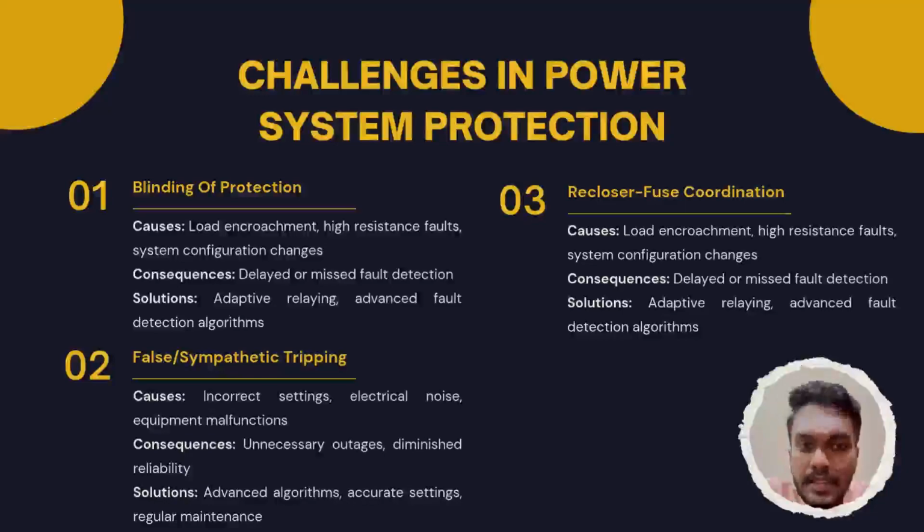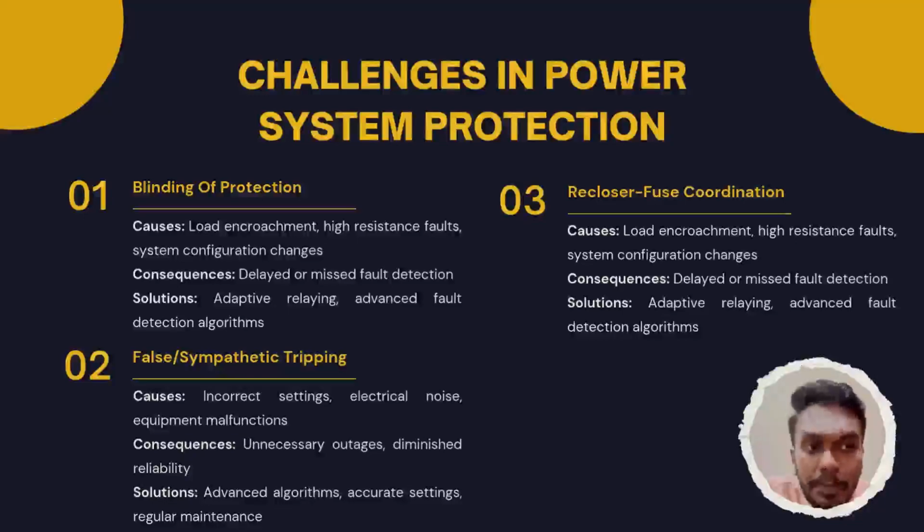The last challenge is the recloser fuse coordination problem. Recloser fuse coordination is critical for maintaining grid reliability. Reclosers attempt to restore the power after a temporary fault, while fuses provide backup protection by isolating the fault section if the recloser fails. Proper coordination ensures the recloser operates first, allowing the fault to self-clear, with the fuse acting